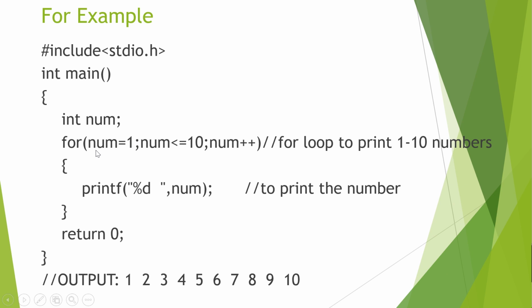Let's see the example. Here we have simply printed the counting from 1 to 10. Num is initialized with 1. If num is smaller than 10, print. After printing, it will go back and it will increment. It will be 2. 2 is smaller than 10. It will be printed as it will get inside the loop. Then again 2 will be incremented, that will be 3. 3 is smaller than 10, then 3 is printed, then again 4, 5, 6, 7, 8, 9. So you have to learn this.